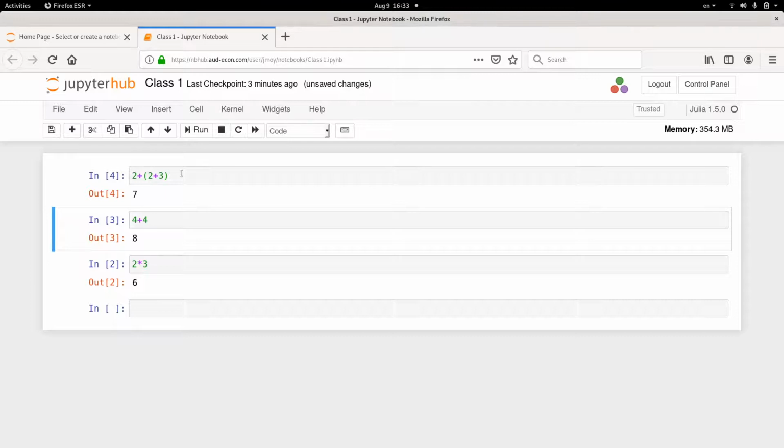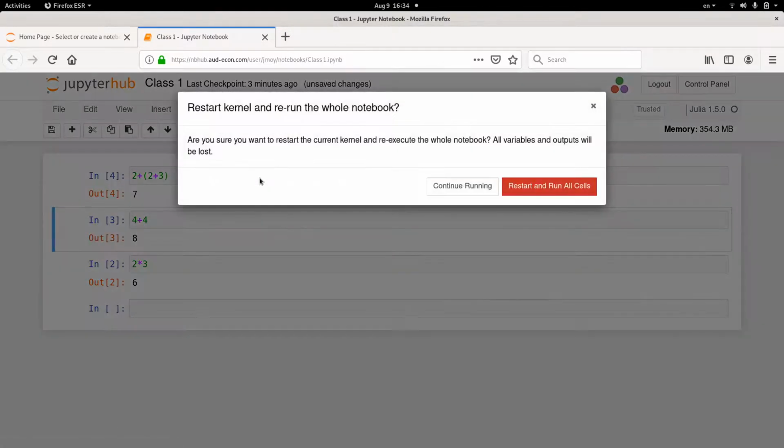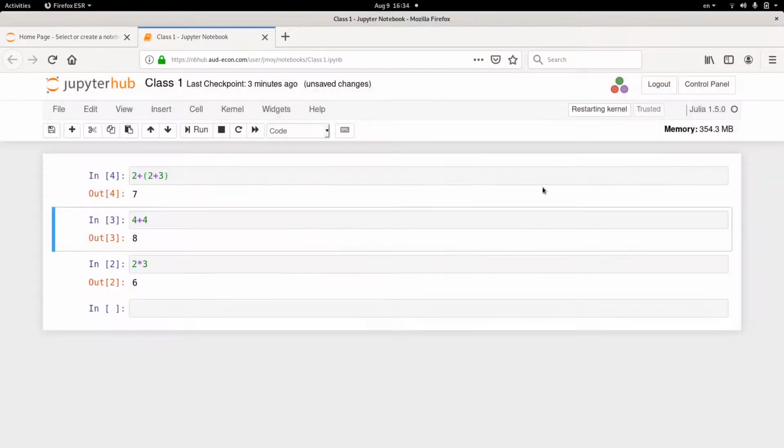Now once you've written a lot of code, sometimes you want to execute all of them together. So you go to kernel and you say restart and run all. This is a good thing to do, because when you're running things, often the state of your language kernel will become some unknown state. So it's good to start from a clean slate and run everything. So from time to time, when you think that your code is in a good shape, you say restart and run all. It will ask you to confirm. You say yes, I am sure that I want to restart and run all cells, and you say restart and run all.